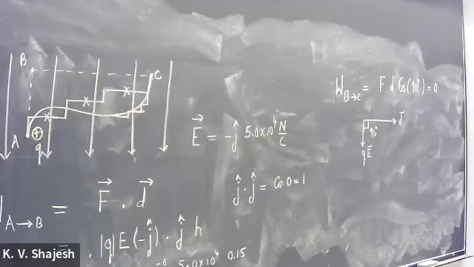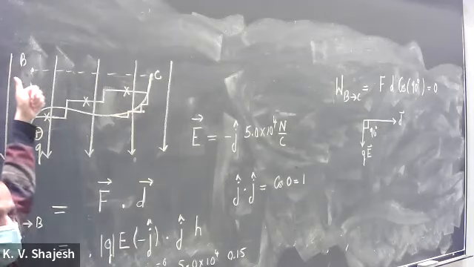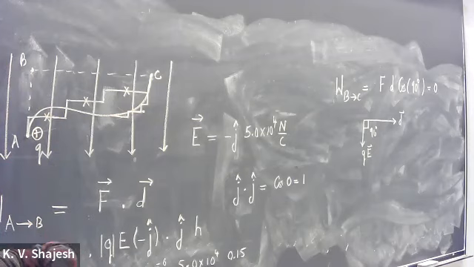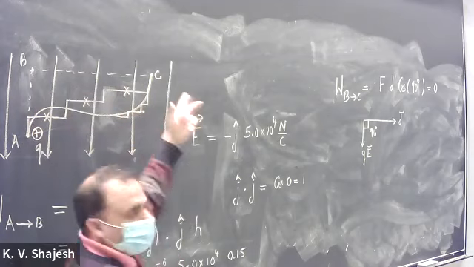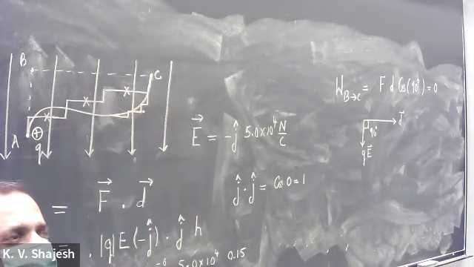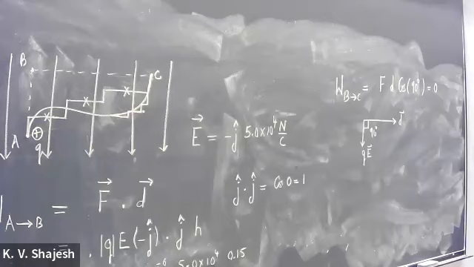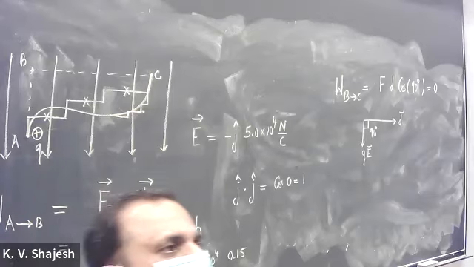So if I make a full circuit, the work done is always 0, right? Because whatever energy you spent in going up, you will pull it. When you come back, you're spending it back. And that's the statement that the work done is independent of the path. Or I said earlier also, if you're going from A to C, whether I go this way or this way, it doesn't matter. And electric force in this manner is such a force which does not care which path